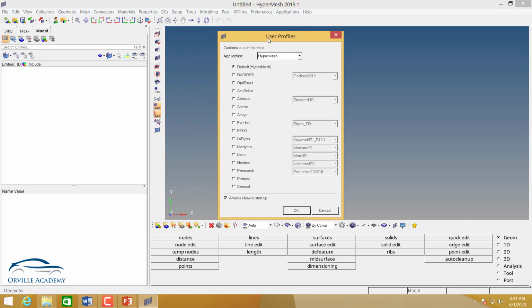As you know, Hypermesh is a preprocessor. That means we are not going to solve our FEA model in Hypermesh itself. Later we are going to solve our model in another solver. For example, at the beginning itself, Hypermesh will basically ask which solver you are going to solve your model in. For example, Radioss, OptiStruct, Abaqus, ANSYS, these are different solvers. For the time being, let me say I'm going to solve my model in Abaqus. So I will keep my user profile as Abaqus and let me set OK.